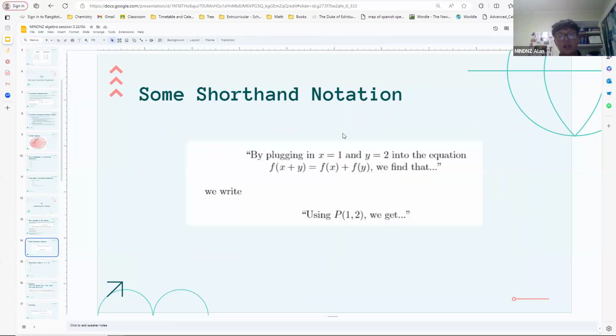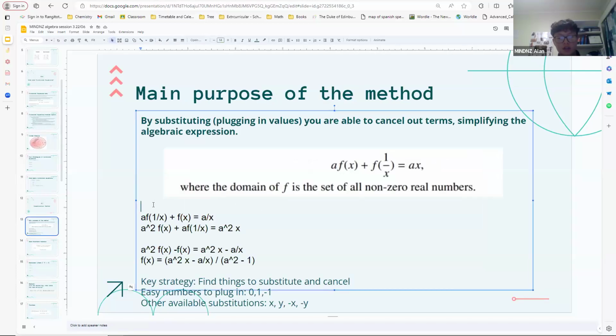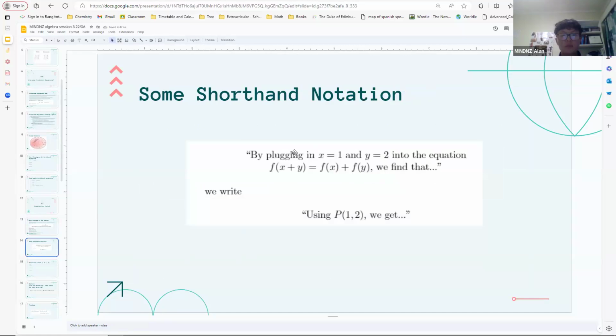So this is some shorthand notation I used on the previous slide, where I wrote p of 1 over x, which is basically plug in 1 over x for x. By plugging in x equals 1 and y equals 2 into the equation, f of x plus y equals f of x plus f of y, we find that something. But instead of writing all of this, we write using p of 1, 2, we get